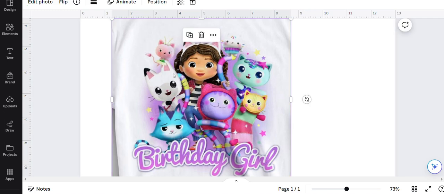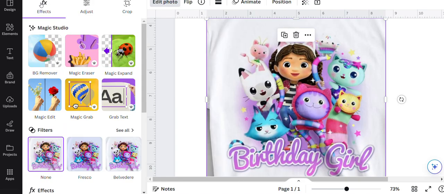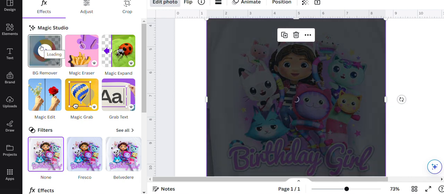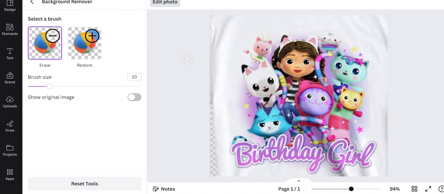So you click on your image, go up to Edit Photo, up on the left-hand side in the corner, click that. You're given many options here. If you just want to erase the background, you see the one with the big beach ball, background remover. Click on it. Now you'll see it try. Okay, so like on this image, the only thing it took away was this. So if I did not want all of this white around there, I would literally have to